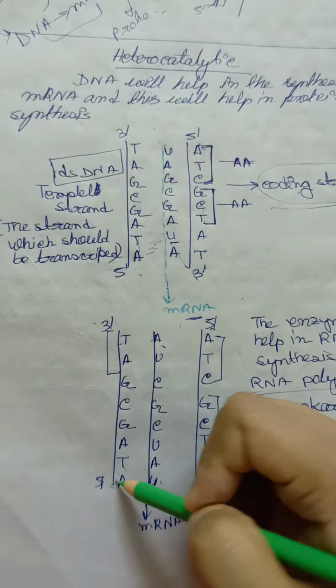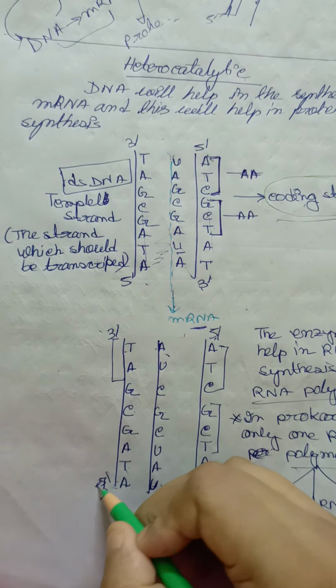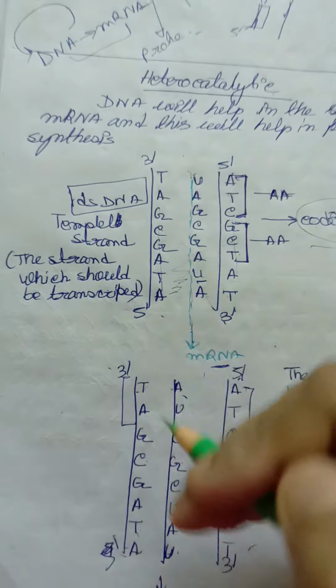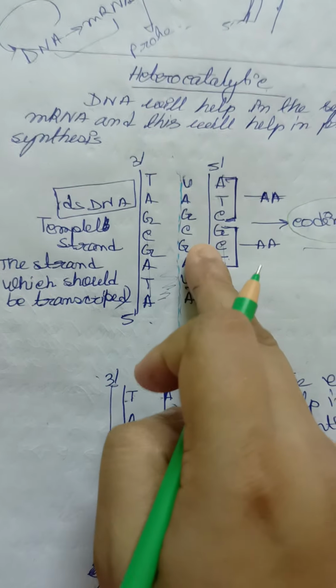Clear? So what I have told you is that the 3' end to 5' end, you always remember, acts as a template strand, the strand which should be transcribed in the next generation, and this strand's opposite codon will be